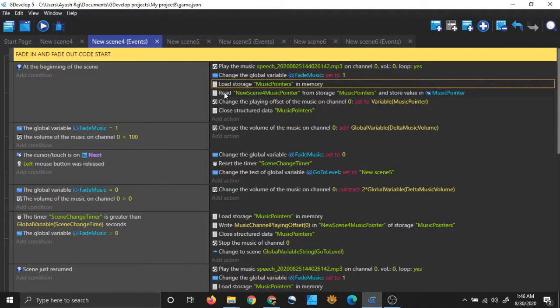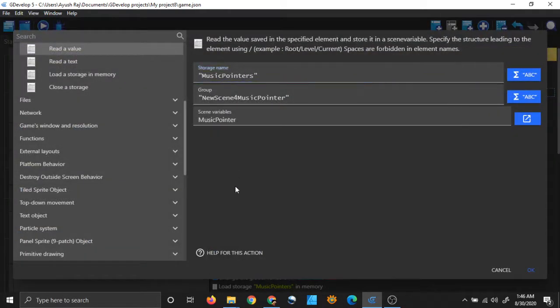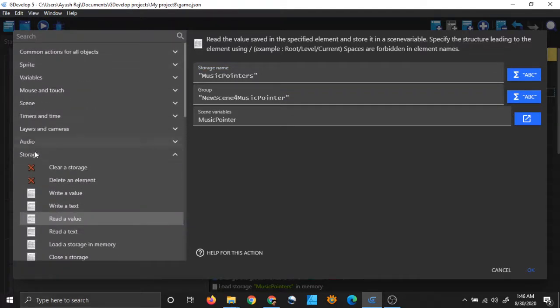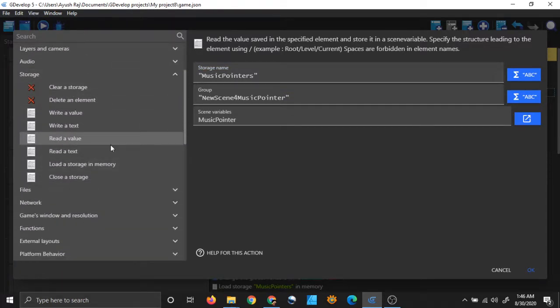And the next line is read. We are reading a value from our file. You can simply go to storage and click on read a value. You will find this screen. Storage name: put the name of your file in which you want to save these pointers. And group name is also similar to variable name. It is exactly not a variable, but we will call it variable for simplicity.